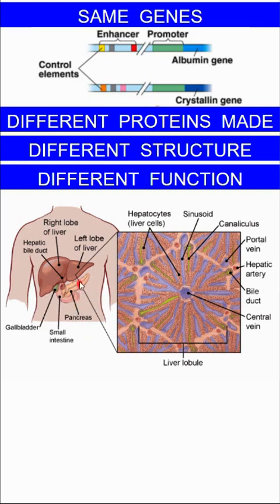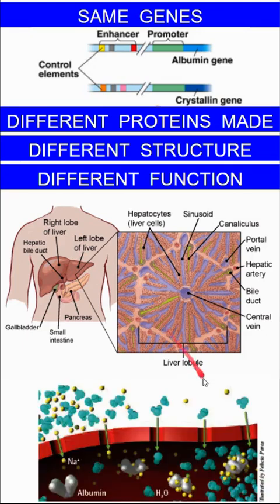But a big part of our liver is to process nutrients as they get absorbed through our intestines. They head straight to our liver for processing prior to being headed back to our heart and pumped to the rest of our body. Another thing the liver does is that it makes all of our blood proteins, and albumin is one of those. So if we think about our blood, we have proteins that are floating through our blood besides red blood cells. However, we also have a lot of water in our blood.